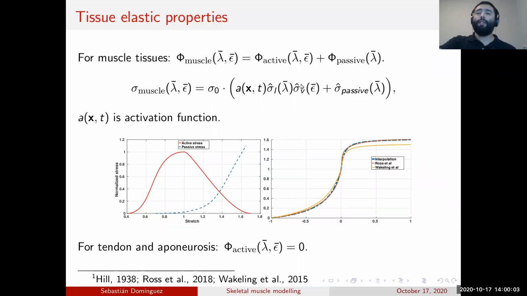So the term here is actually called force velocity or stress velocity, and it looks like this. As your velocity becomes larger, this becomes more and more flat. There's an asymptote there. And then as your velocity becomes more negative, it looks like this. So it goes to 0 actually. When you're at the smallest velocity, you should see 0 stress.